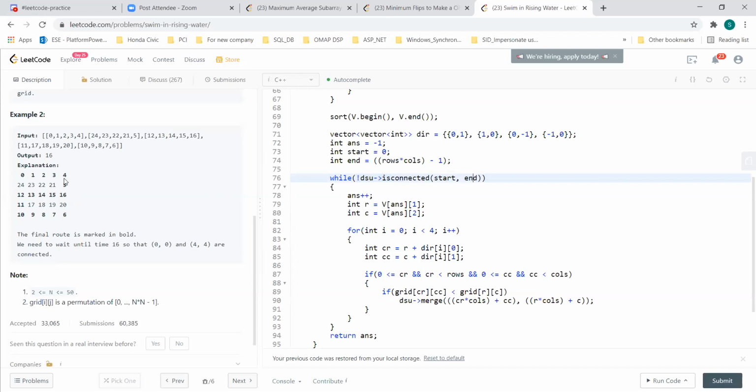Because you'll find a path in a DSU also. So 6 will be somehow connected to 0 in that case. So it makes sense, but it took some time for me to understand. But what we are doing with the binary search is the best way of doing it. Heap binary search, and then you will find it. At least we should be able to get the heap right. So that is very at least okay.